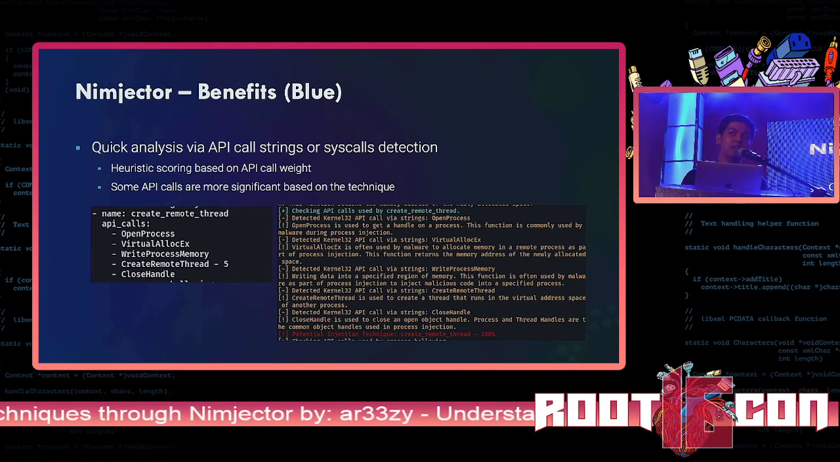So with that, in this framework, you can add a weight for that API call so that you know that this technique or this API call is more significant than the others for that specific technique. And for this image on the right side, you can see that since I used a binary compiled by my tool and a